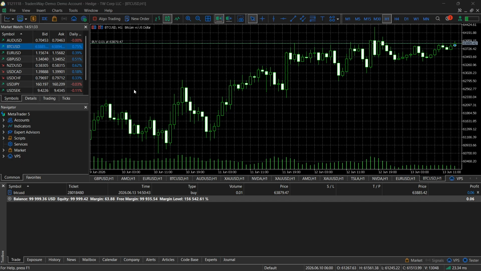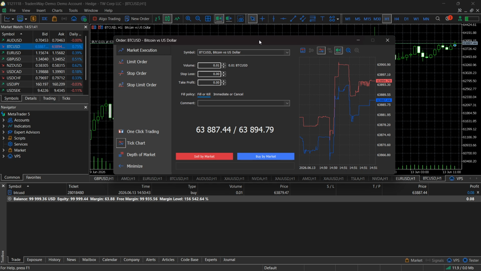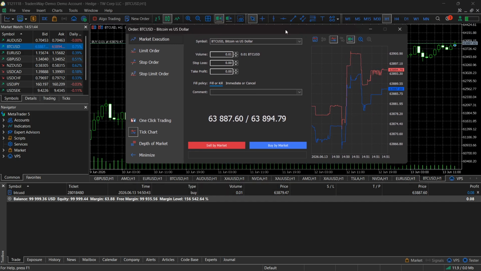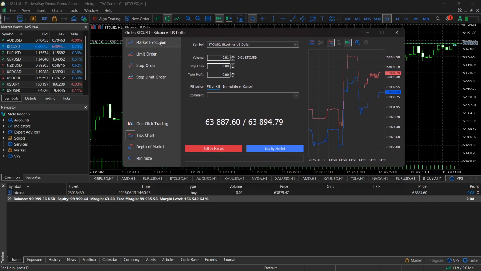And then, of course, from here, what you can do to enter trades, you could go to your chart and click on either new order up top or press the F9 key on your keyboard, and it's going to open up the trading window. Now, there's actually a few ways to open this up, but that's basically the most basic way. Then from here, you want to select your order type, you want to select your symbol, the